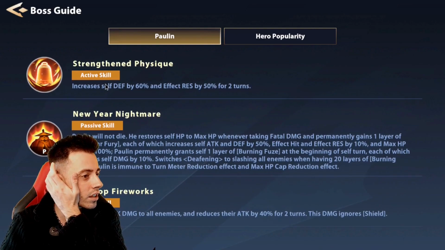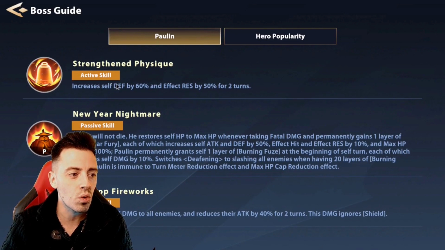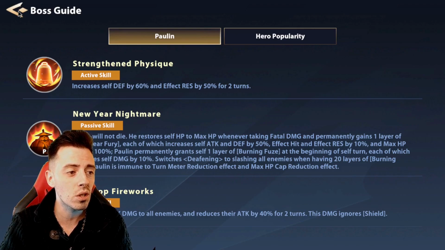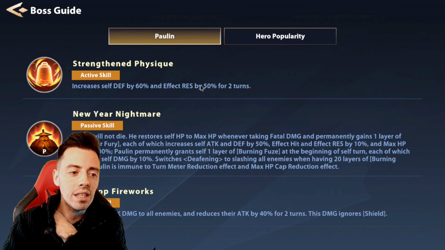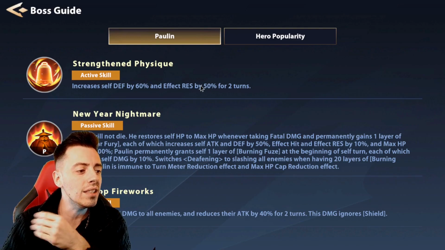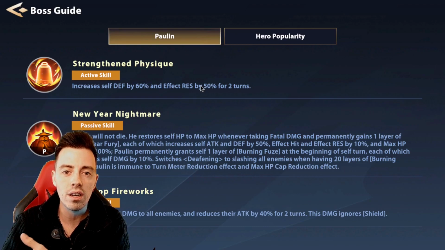Second skill, increase self-defense by 60% and resistance by 50% for 2 turns. This can be annoying, but I have Ben Austin in my team, so every turn he is gonna use his ultimate normally, but not really. You are gonna see. I don't know yet if it's gonna work with the ultimate of Ben Austin, because